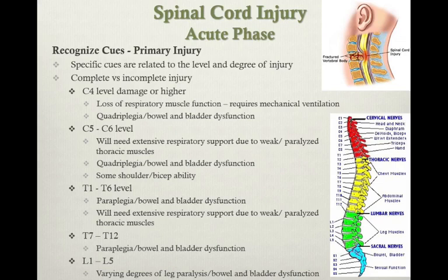C5, C6, you may not require mechanical ventilation. You still have your diaphragm intact, but you have weak thoracic muscles because you lose everything below C5, C6. If it's complete, you have partial loss below if it's not complete. But a complete means the spinal cord is severed there and no more nerve transmission will go below that level